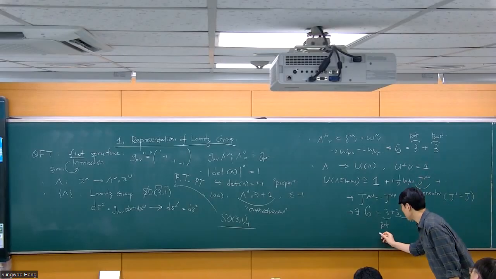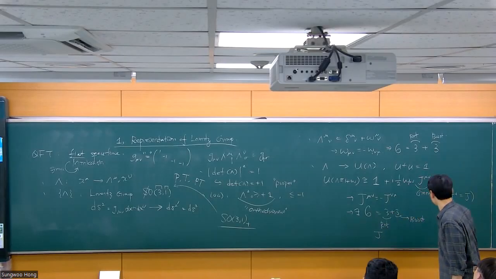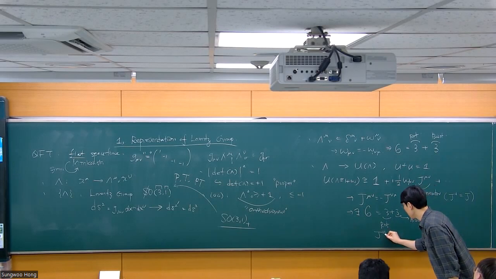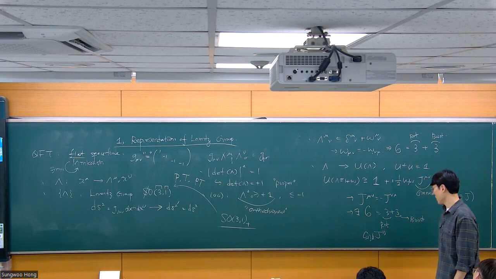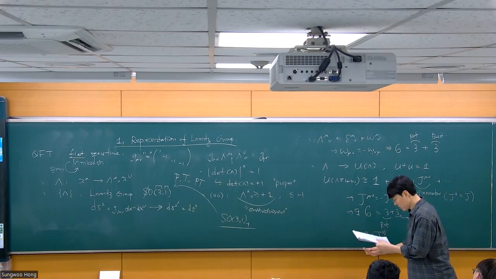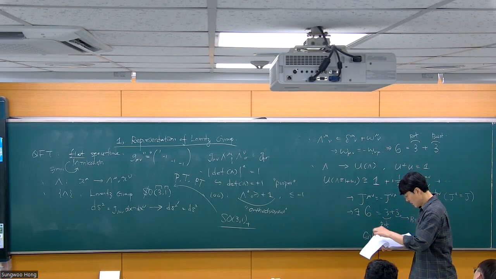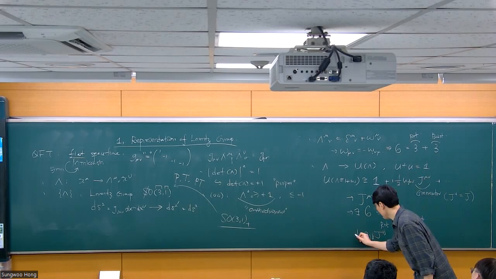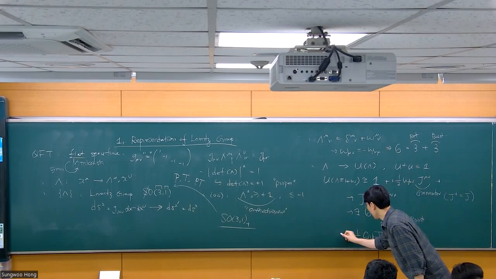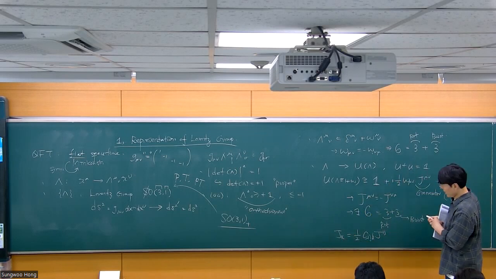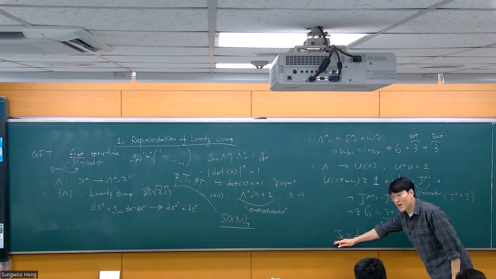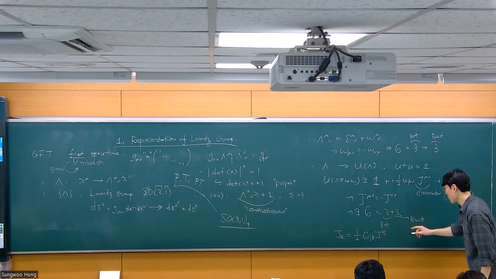So rotation generators can be written as follows: given this, I take the spatial component and then contract like that, and probably there are vectors overhead. Let me just make sure. And then I call it J to maximally confuse you. Okay, so this is another three generators for rotation, and there are three boosts.